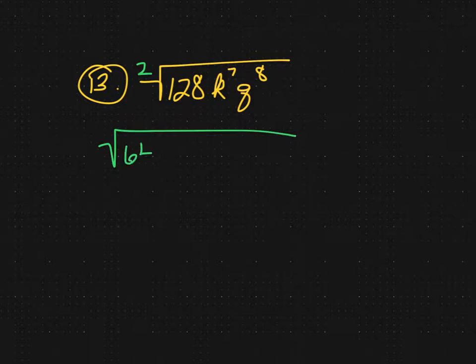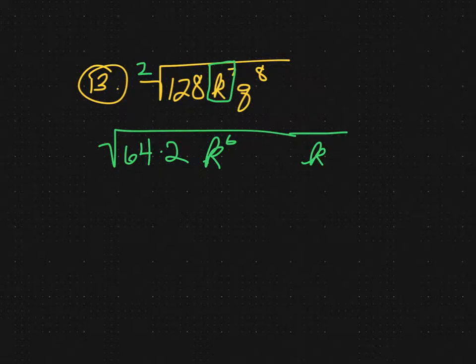You could bust it up into 64 times 2. Now, I always said back when we were doing this, handle the letters separate from the numbers. So k to the 7th, there's nothing I can do with it written in that fashion because 7 doesn't divide by 2. So I back it off by 1 and I say, will 6 divide by 2? And the answer is yes. So I'm going to think that k to the 7th is k to the 6th and k. And then with the q, it's got an 8, so 8 divides by 2. So we're going to leave it alone, leave it q to the 8th, and then we'll deal with that later